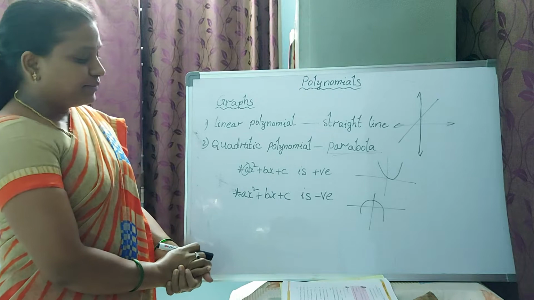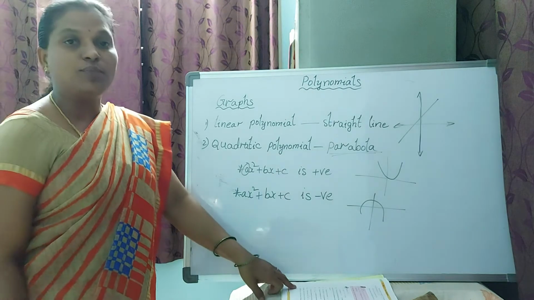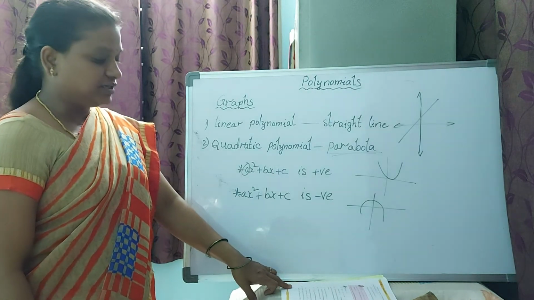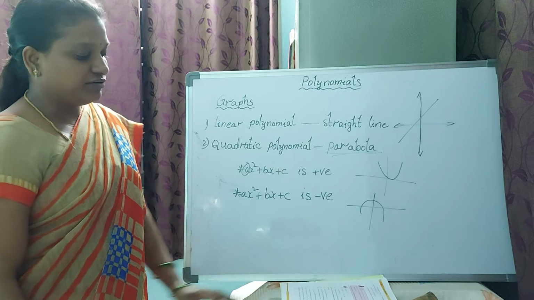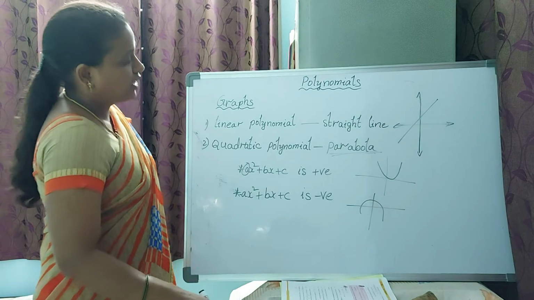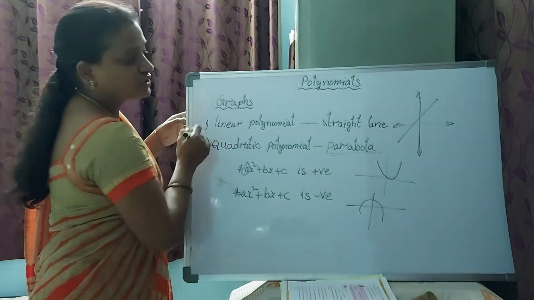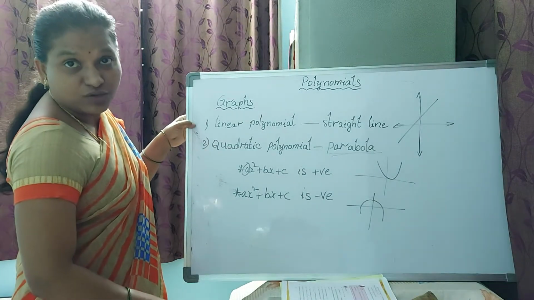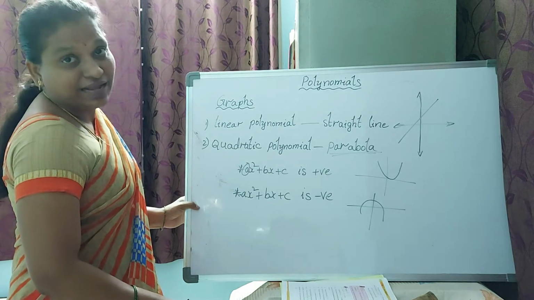Today, see the remaining fifth problem. Did you do it? I think you did. Okay, today we will see the graphical, geometrical meaning of the zero of the polynomial. See, graphs. You already learned all these things in the ninth class itself.